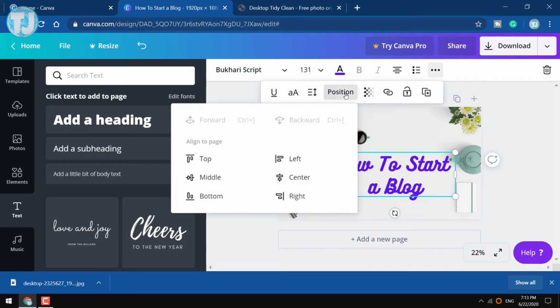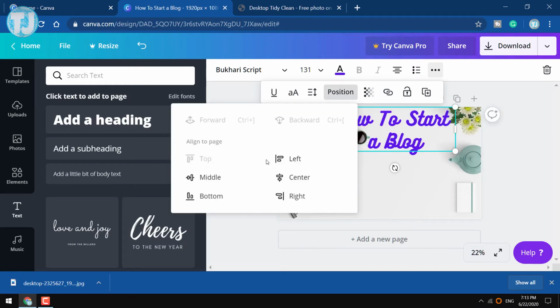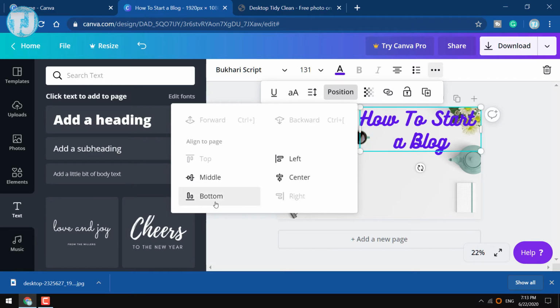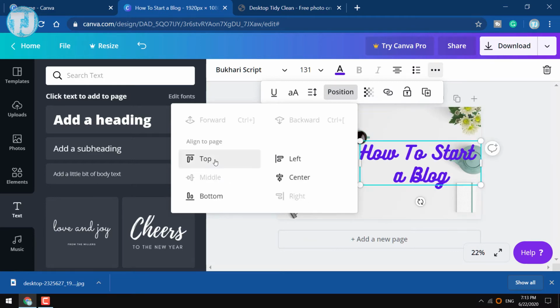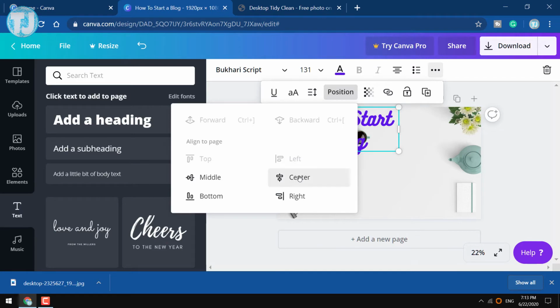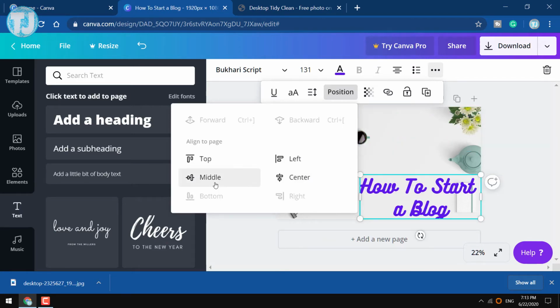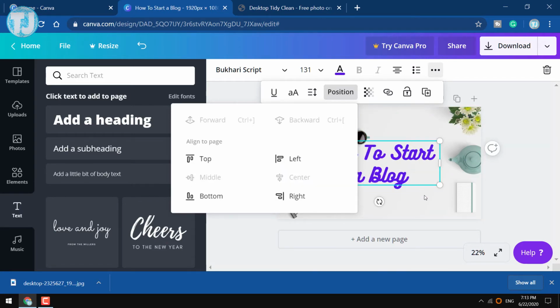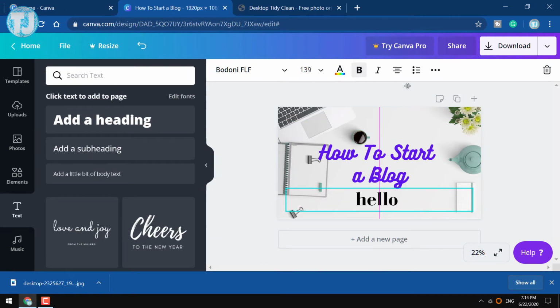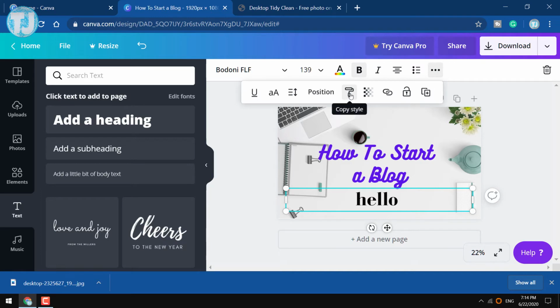Friends, this option is to change the position of any object used in your design. You can move any object forward and backward or align it left or right or anywhere in your design. To copy any object's style properties, click on this brush roller icon.